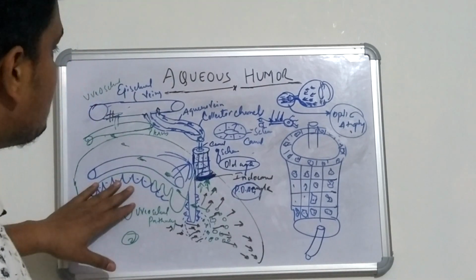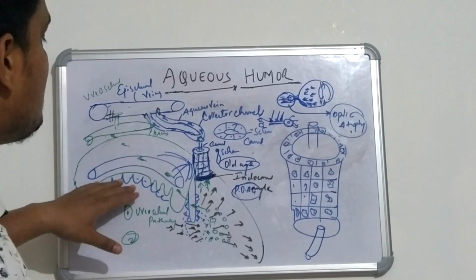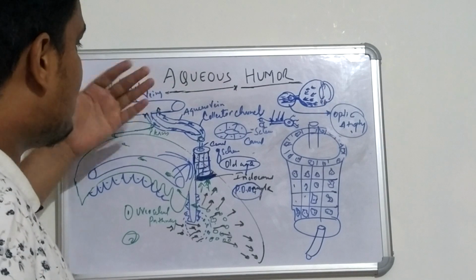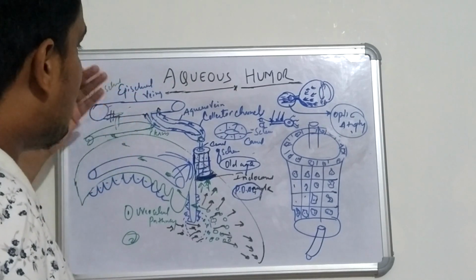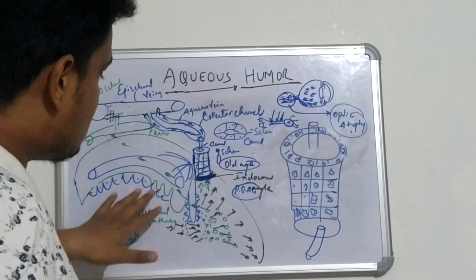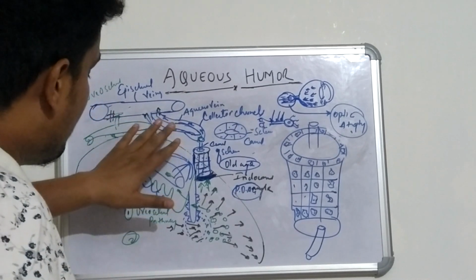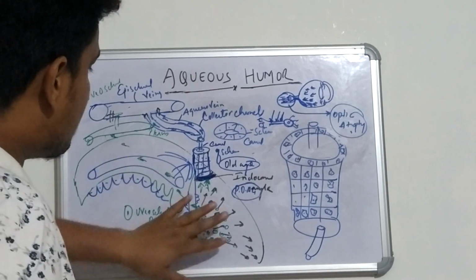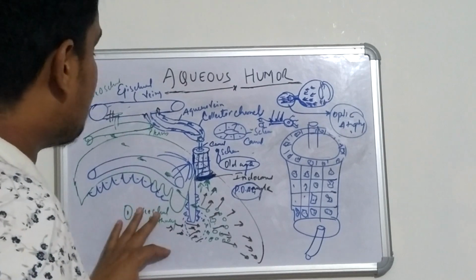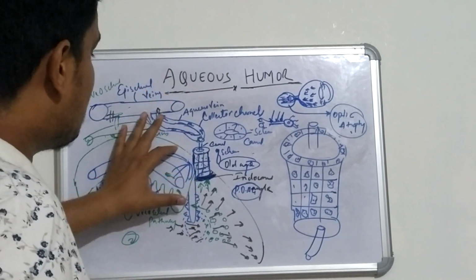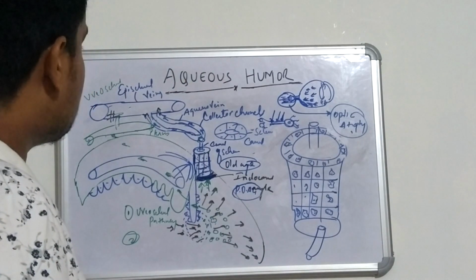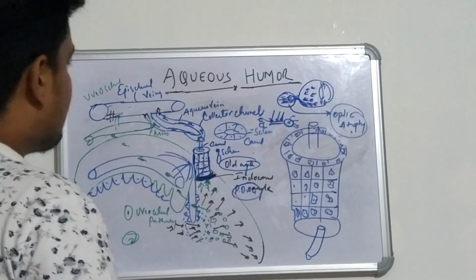So here we are talking about the anatomical structure and physiology of the aqueous humor, where we have seen what aqueous humor is, what the fluid mechanism of the eyeball is, and how the aqueous is produced. And in this particular session we discussed the circulation and drainage of the aqueous humor, and what actually happens if this drainage gets disturbed. Hope everyone will understand this. Thank you so much.